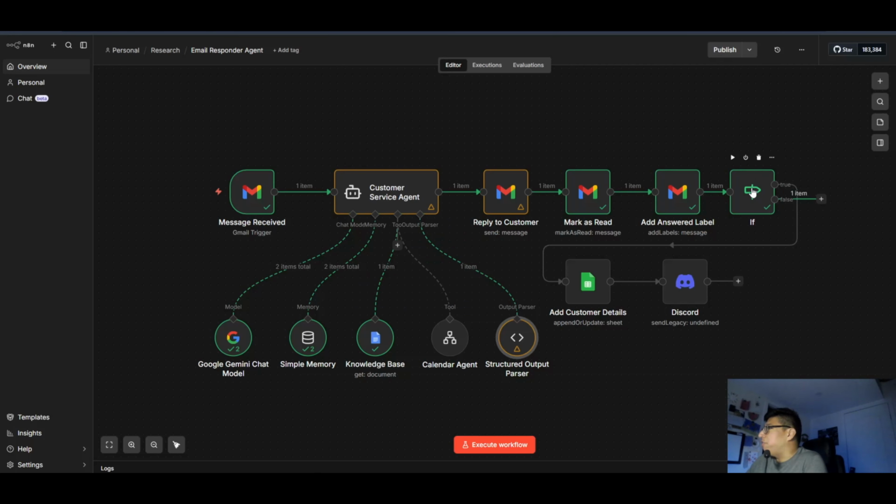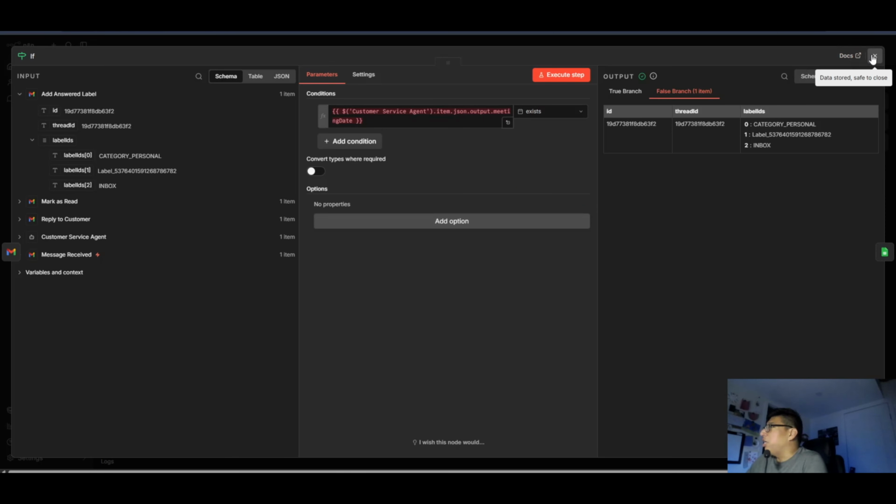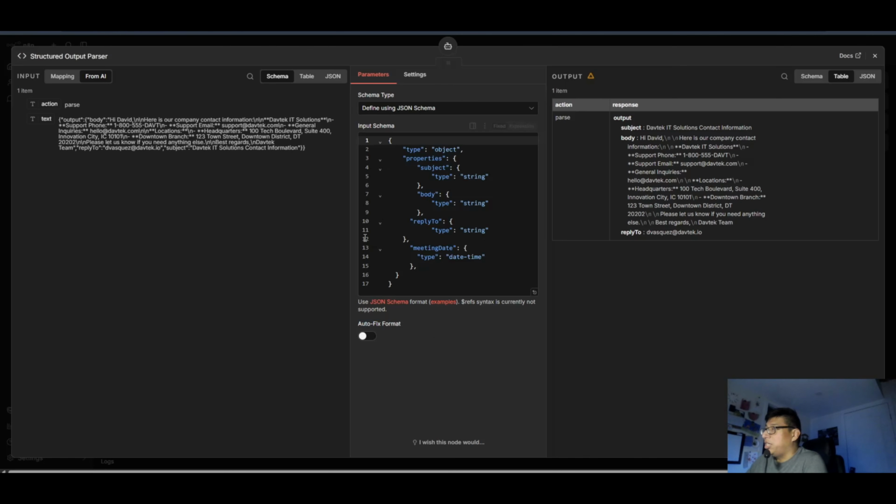Now this if node checks if this meeting date exists in its output, which it did not in this case. If so, then continue. If not, that's it. Drop it. That's the end of the workflow. But if it does, then it continues on,